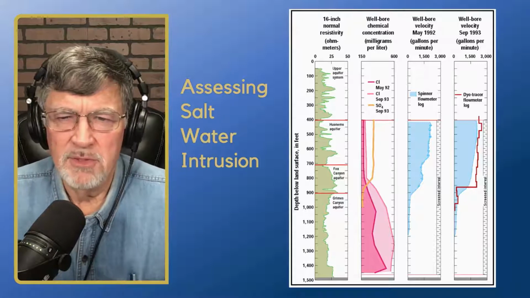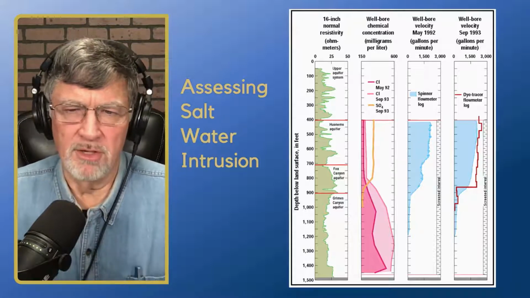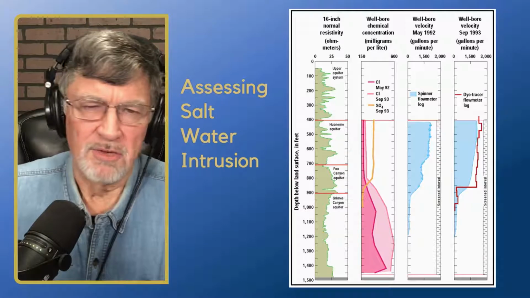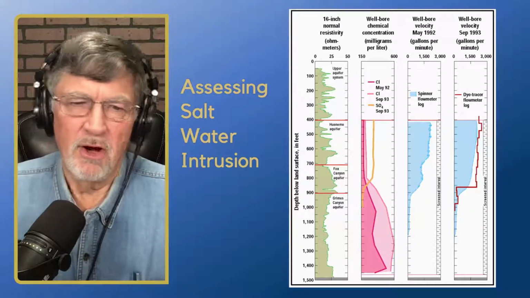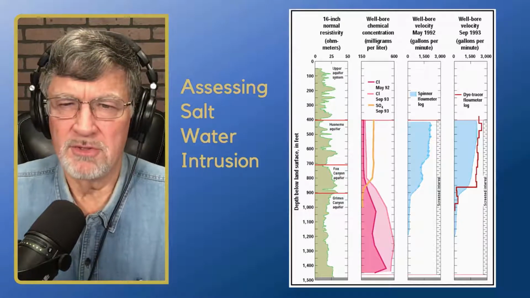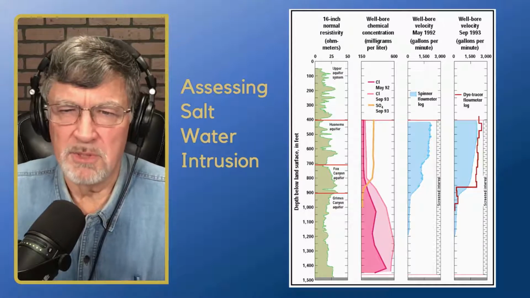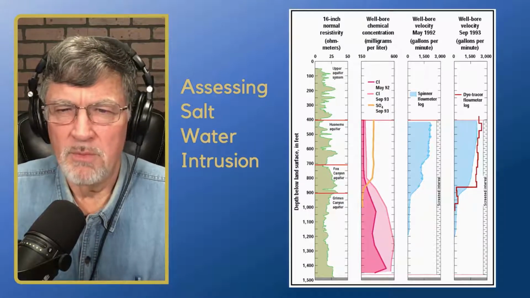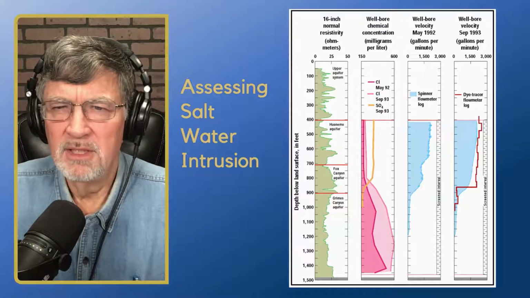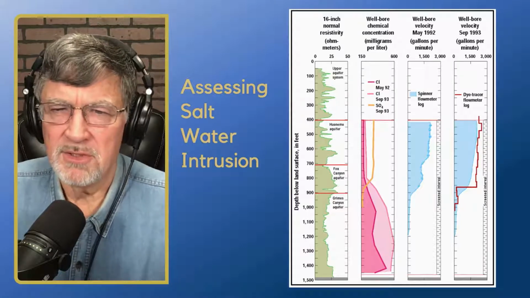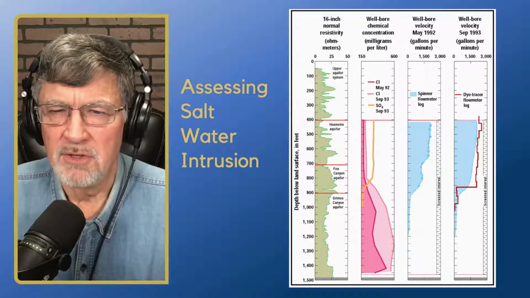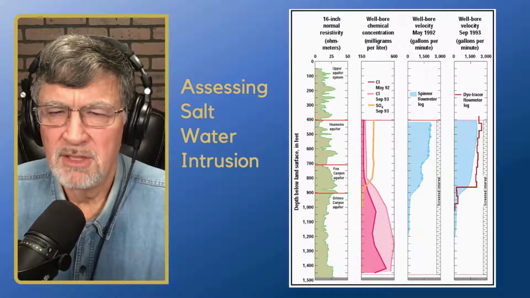They have individual aquifers marked here, based on the geology and the resistivity logs. So you can see the breaks between the different aquifers, and then we move over and look at chemical